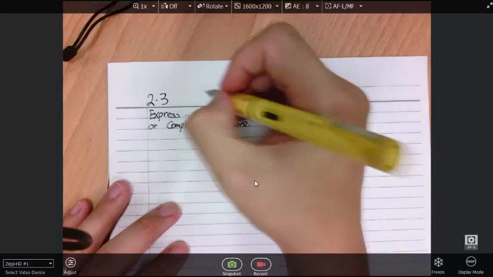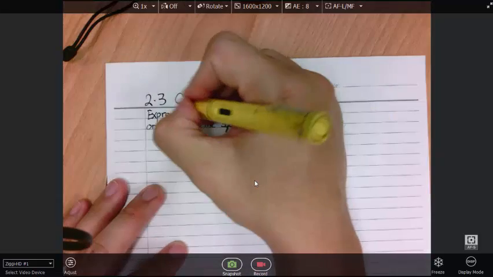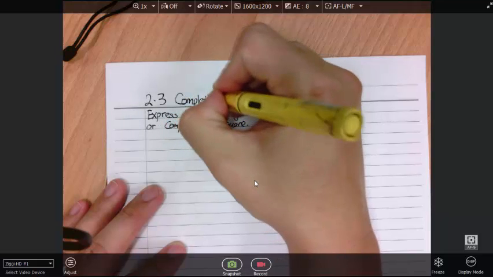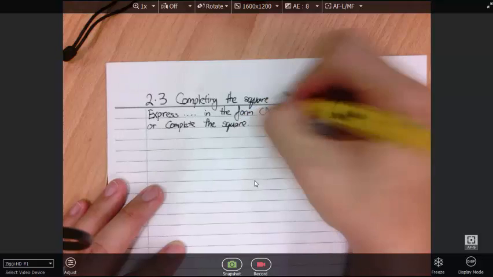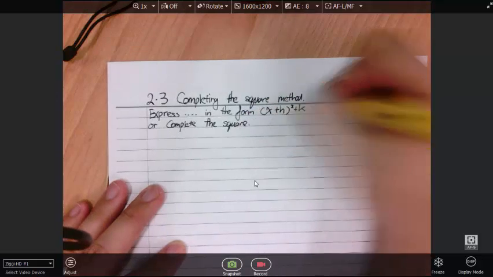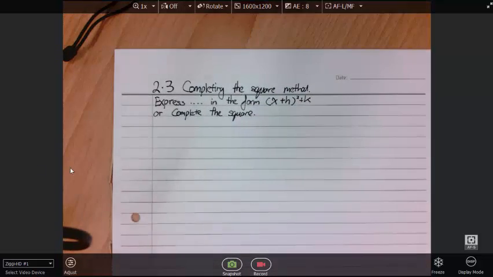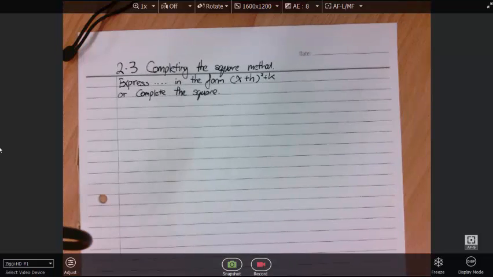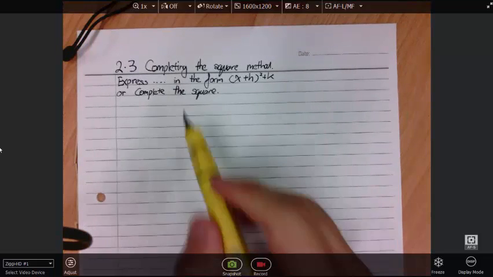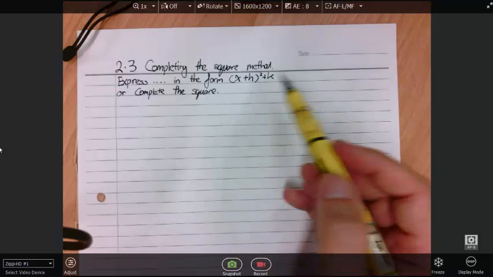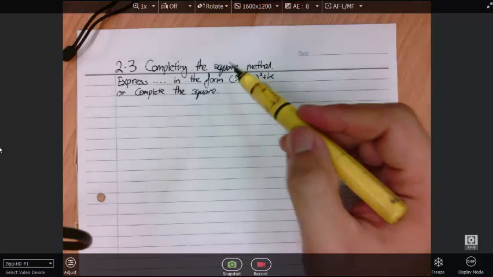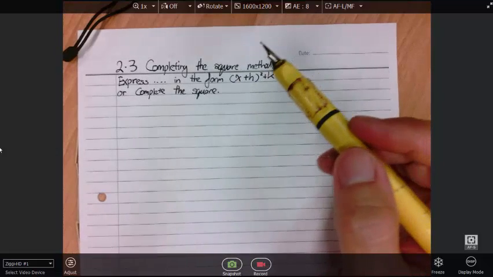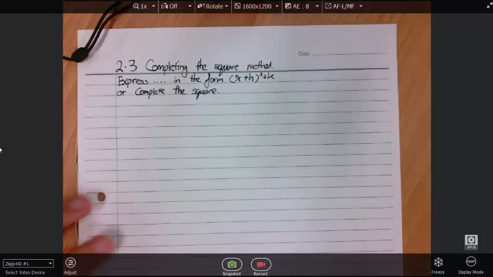Okay, today I'm going to go through exercise 2.3. Exercise 2.3 is called the completing the square method. Every time in your questions, if you see these words: express something in the form x plus h square plus k, or you see the words complete the square, it means that